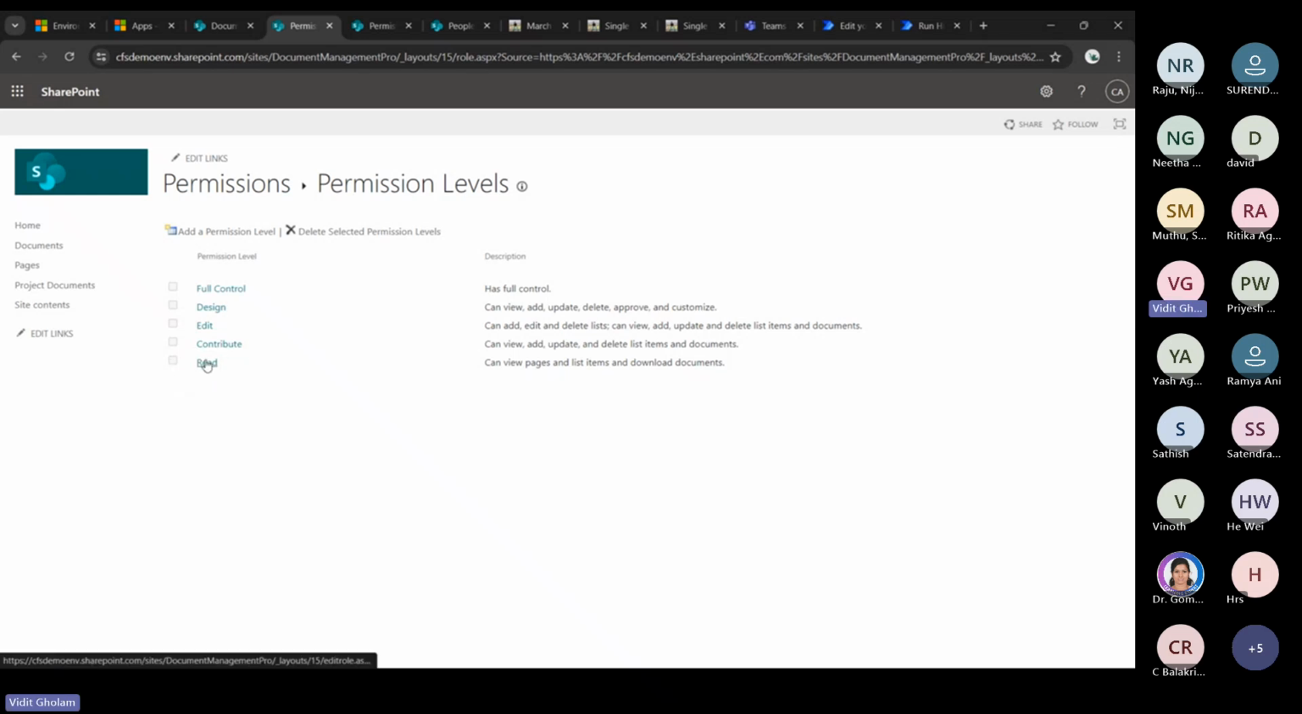So as the read permission level says, view pages and list and download attachments. Anyone who has the read permission level won't be able to upload or delete anything from the SharePoint site. They will only be able to download and view or print any documents from that SharePoint document library. The contribute level has some privileges to delete documents, but we can remove those privileges and prevent users from deleting